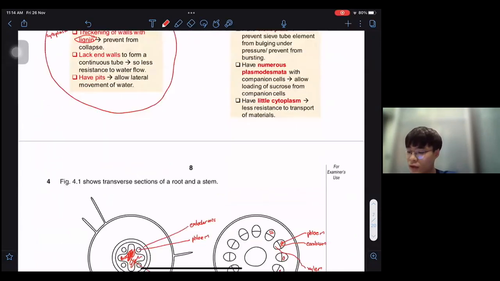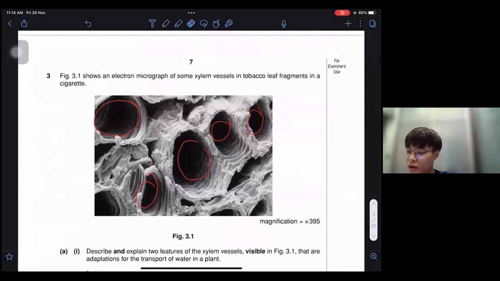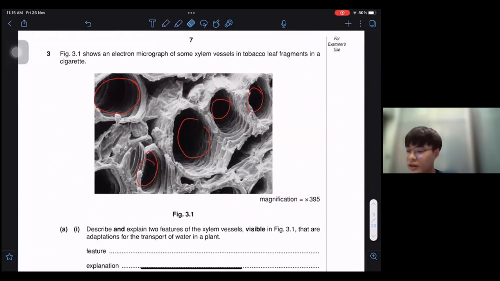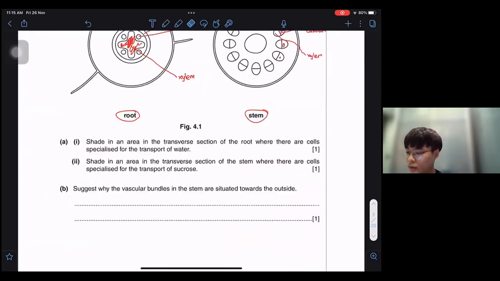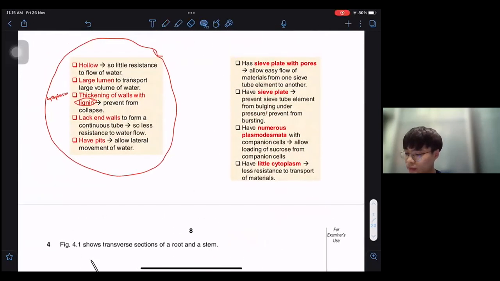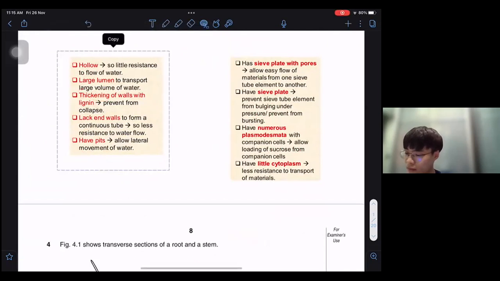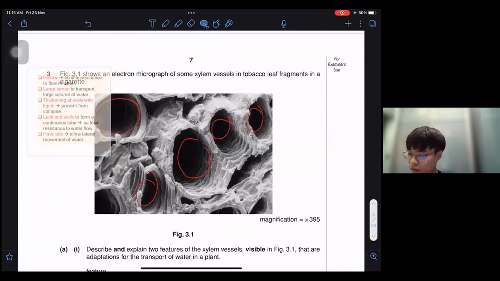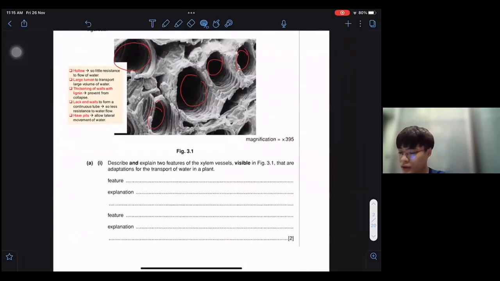For this question, I mentioned just now these are adaptations for xylem vessels. But for this question, we cannot use all of the above, because we can only describe and explain what we see in the diagram. So you have to explain two features of the xylem vessels. So I'm going to copy this first. Okay, so for this question,